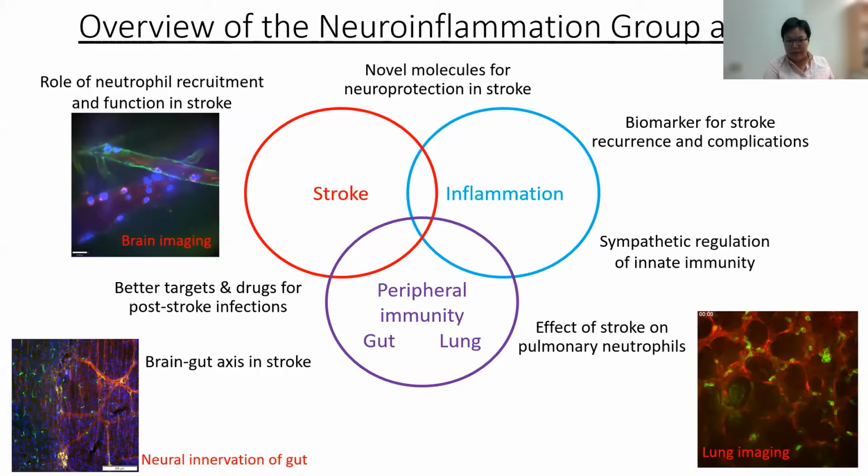Here you can see on the bottom left is an image showing the interaction between neurons and immune cells in the gut. And here on the right bottom corner, immune cells trafficking in the lung. And we can, again, study this in real time. Lastly, I want to wrap up to tell you that we work closely with clinicians in the stroke unit here in Monash Medical Center to try to find potential biomarkers that can inform doctors better in treating high-risk patients more effectively, and hopefully reduce the risk of complications and also reduce the risk of having the patients suffer another stroke in a short period of time.